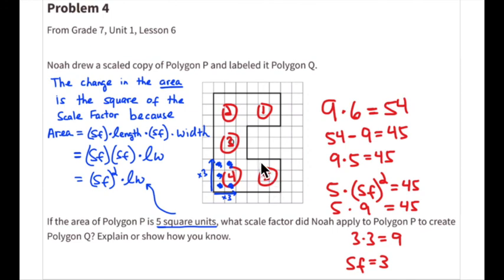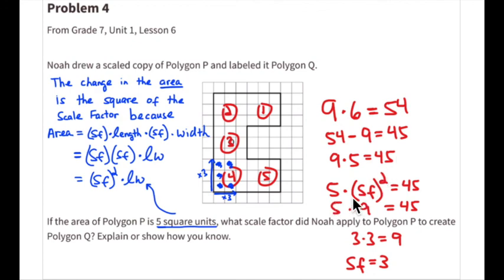Well, the area of polygon Q, and I'll get to this in just a second, is 5 of these 9 unit pieces. So 9 squares, 9 squares, 9 squares, 9 squares, and 9 squares. You could look at it as 9 times 6 this way, which equals 54, and then subtract this 9, or just realize that it's these 5 times 9, or 9 times 5 equals 45. Either way, you get 45. Now realize that